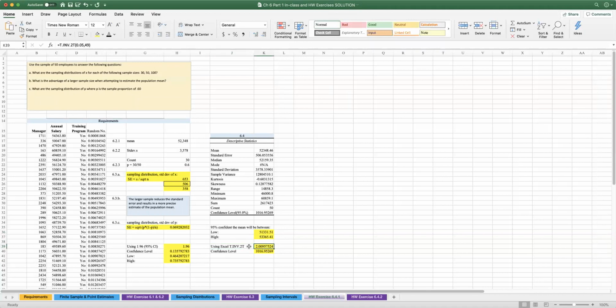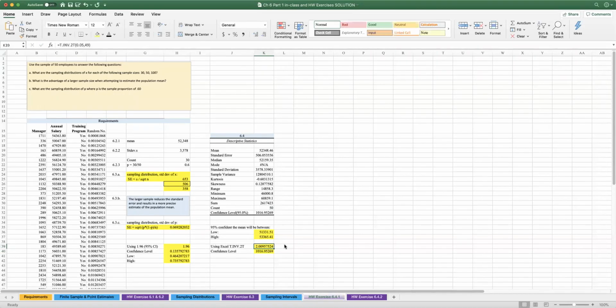If you use that function and you put in 0.05, which is 1 minus the 95%, so out of 100% of the data points, we're looking at a level of significance of 5%. And then you put in the number of observations minus 1, which we had 50, so that'd be 49 degrees of freedom. So when you do that, you get this